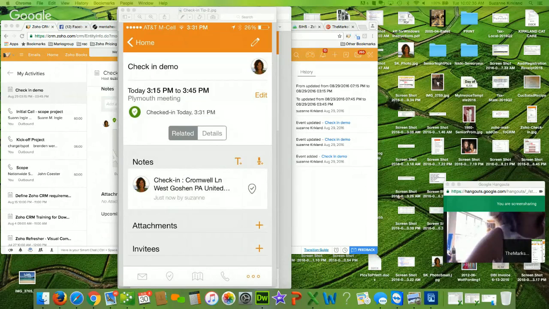Okay, so the first thing you would do is create an event record, and you can create that event record on the web app or the mobile app. So you would create an event record in your CRM, and for this purpose, I called mine Check-in Demo. So the new mobile app, if you haven't seen that yet,